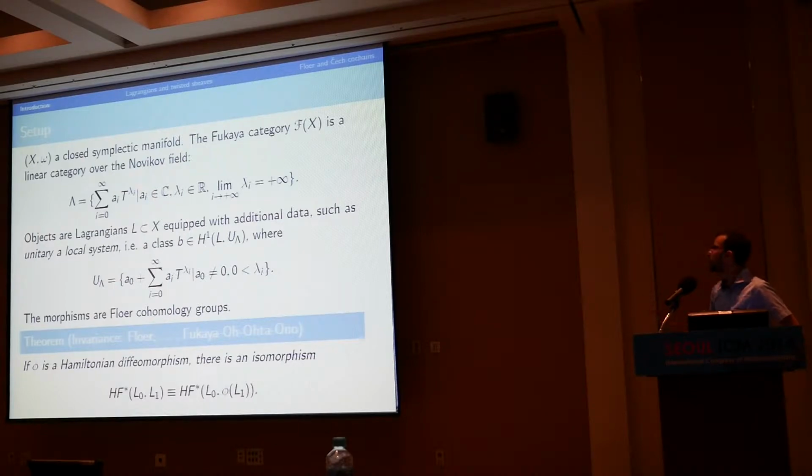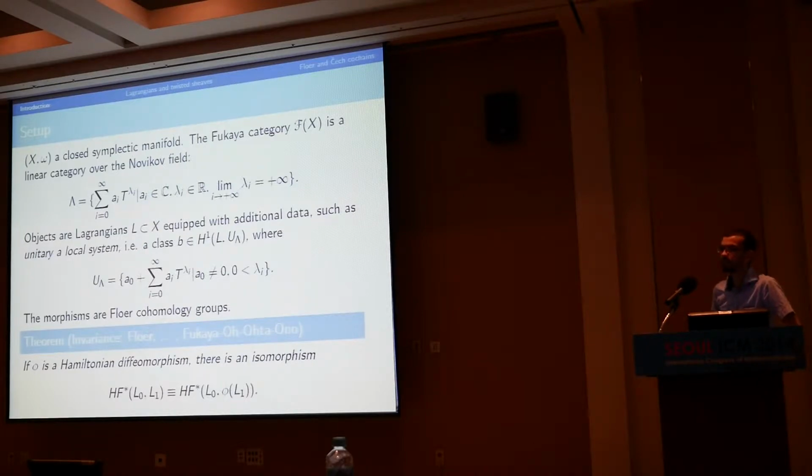I will postpone discussion of the Fukaya category further, but for now what I want to say is that the objects are Lagrangians, but you may have heard that you're allowed slightly more generality than Lagrangians, in particular you're allowed unitary local systems. If you work over the complex numbers, this is basically just first cohomology with coefficients in S1, but we're not allowed to work over the complex numbers. The reason is that we're going to define, for example, multiplication by counting some holomorphic curves. Now, there may be infinitely many holomorphic curves, so it doesn't make sense to count.